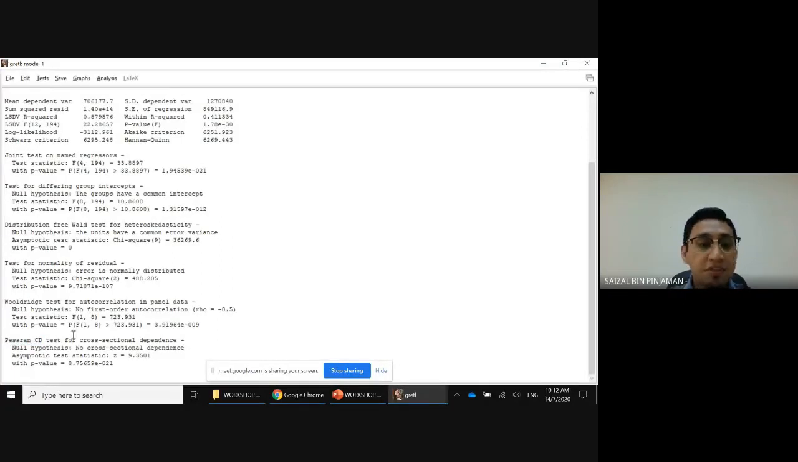The null hypothesis states that there is no cross-sectional dependence. This is a very important assumption in the model, where the model is not supposed to have contemporaneous correlation, that is, error terms that are cross-sectionally dependent. Here Z is equal to 9.3501 with a p-value that is less than